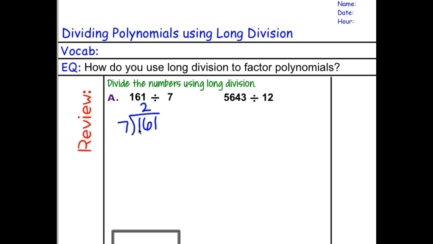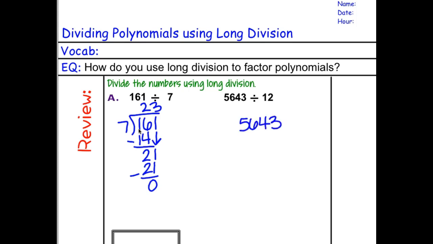Then we say 7 times 2 is 14. And then we subtract. 16 minus 14 is 2. Then we bring down that 1. And we say, how many times can 7 go into 21? Well, that's 3. So then we have 3 times 7, which is 21. We subtract and we get 0. Then, if we go the route of the next one, we have